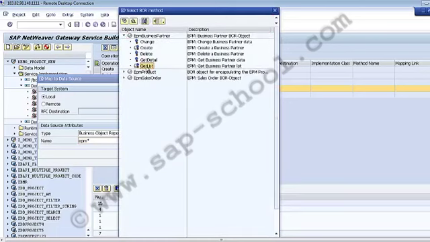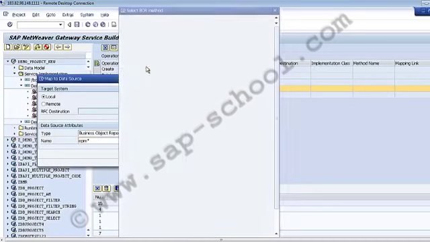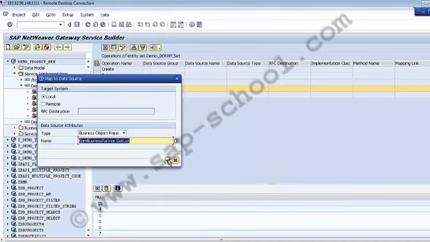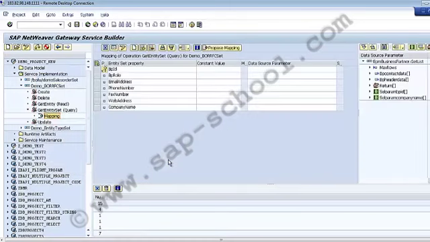If I want to select this get list, now I can see this mapping node enabled under my query operation.